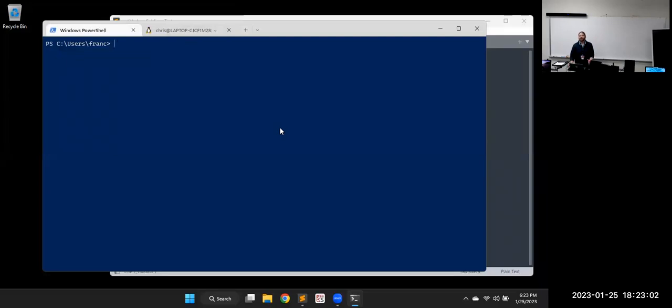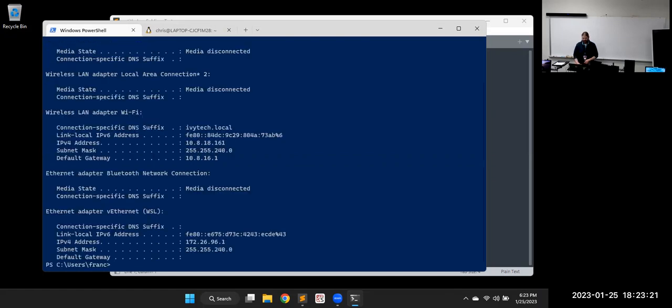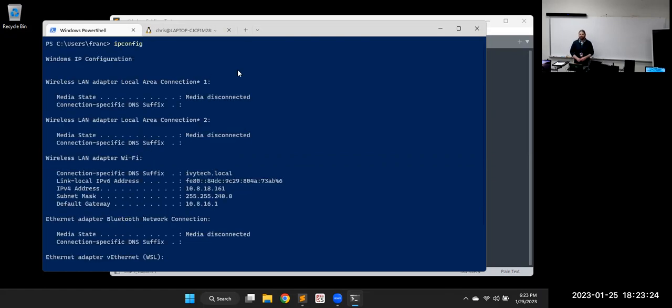Terminal's really, really nice. So I would recommend looking into Windows Terminal. And there's some YouTube videos about customizing it that show some great color options, and you have lots and lots and lots of control on how to do that. So this is probably more than we need to do this week, but IP config, a normal networking thing.